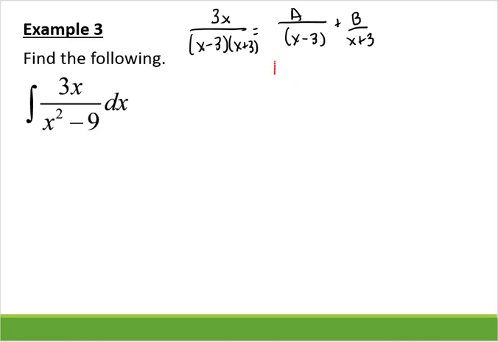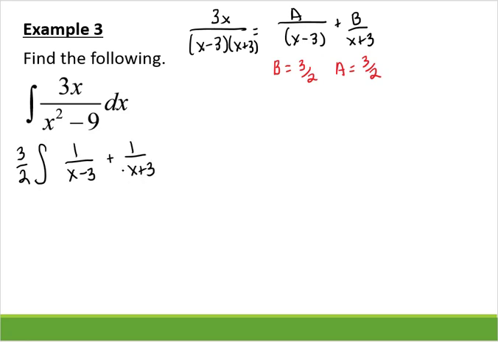What I get for B is I get 3/2. For A, I get also 3/2. So now I can separate this integral out into, since 3/2 are in both, I'm going to factor out the 3/2 and just have a 1 over x minus 3 plus my b, which is 1 over x plus 3 dx. I integrate